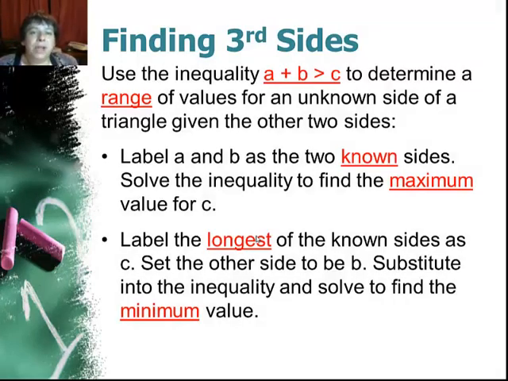Now, for finding third sides, this can be a little trickier. The best way to approach it is to break it up into two problems. We're going to find a minimum length for the third side and a maximum length for the third side, and we're going to use the inequality a plus b is greater than c to find the range. First, assume the two sides that you know are the smallest sides and substitute in, and you're going to find the maximum value for that unknown side. Then we're going to assume that the largest side we know is the largest side of our triangle, and we'll put the other short side with the unknown and solve for the unknown there to find the minimum